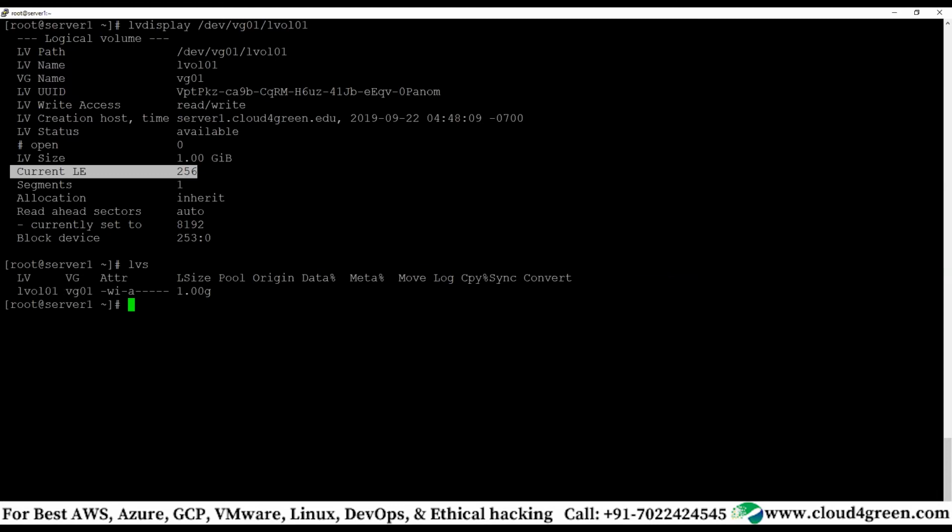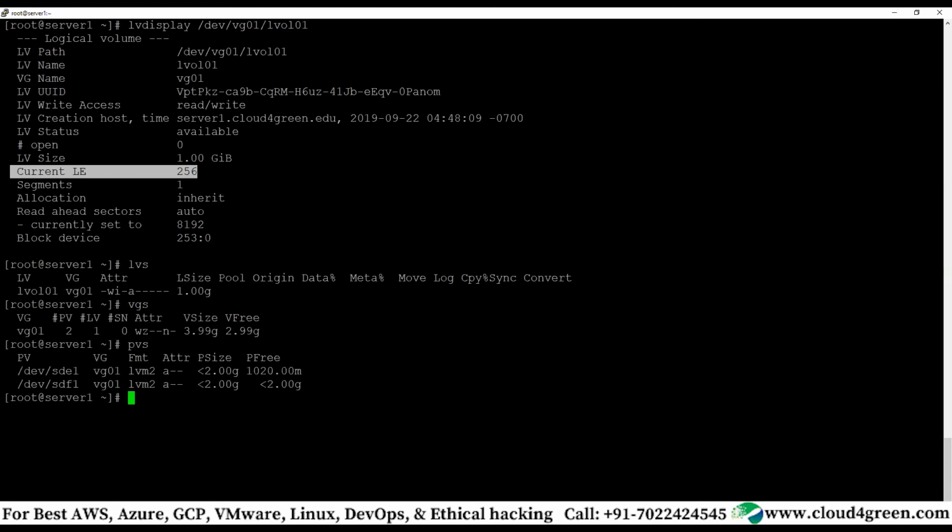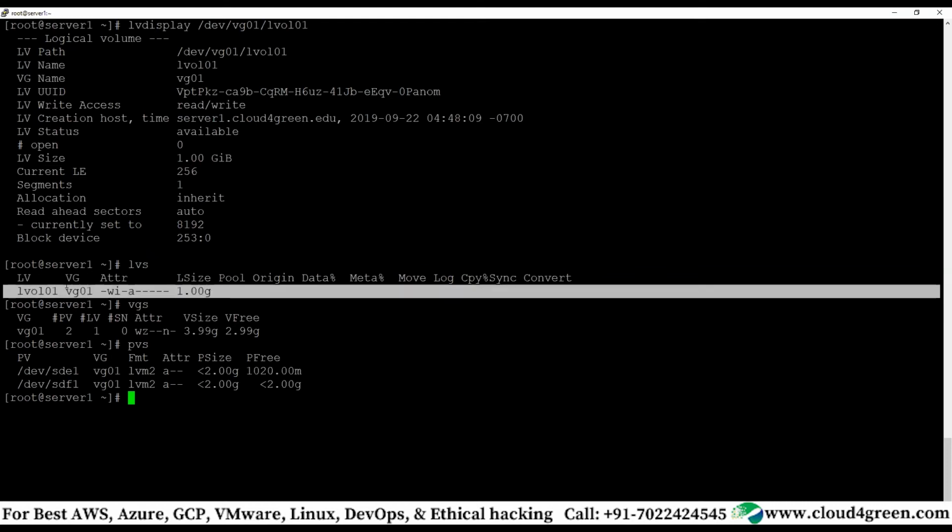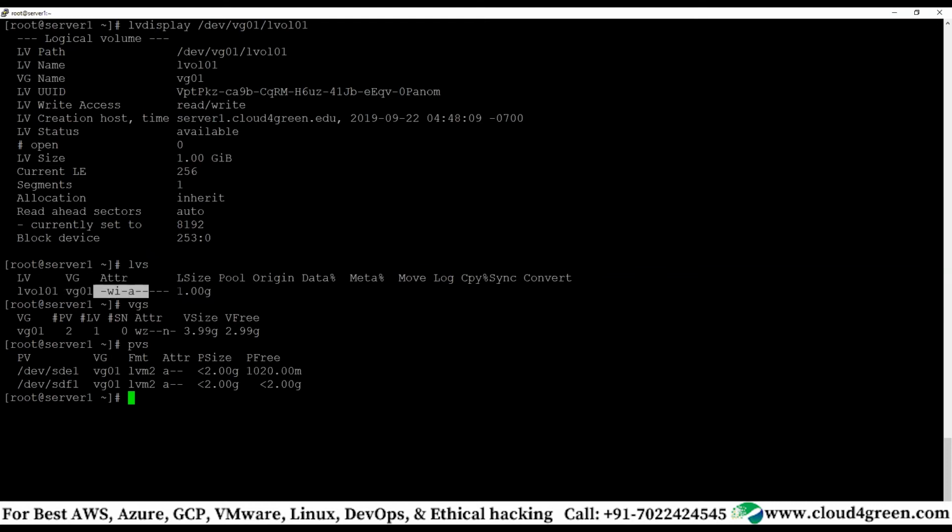lvs, vgs, pvs. Alright, short information. Short information: logical volume, volume group, attributes, size. Attributes tell you whether it is writable, automountable, all those things.